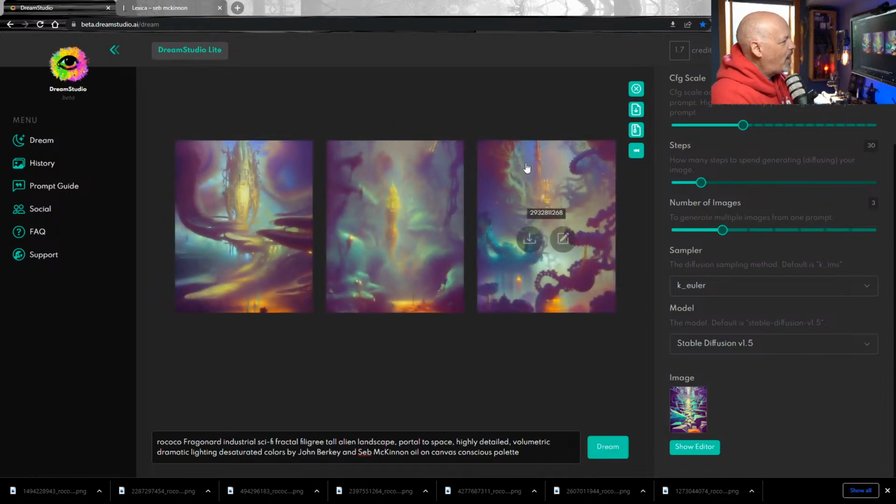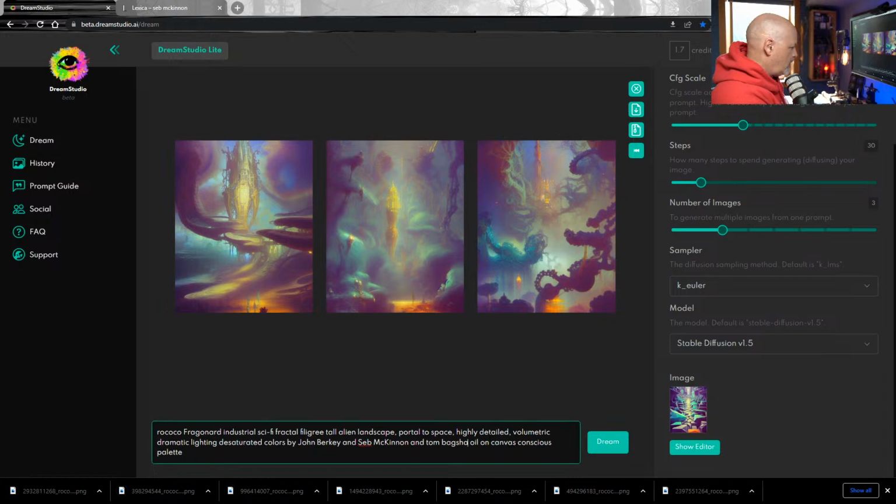That fractal is really paying off right here. Look at all the little details it's adding in here. This is really great too. These do look like sci-fi book covers for sure. Let's throw in here Tom Bagshaw, a guy whose work I really like in real life. The guy's a fantastic artist. Let's throw him in there, and let's throw Peter Mohrbacher in,